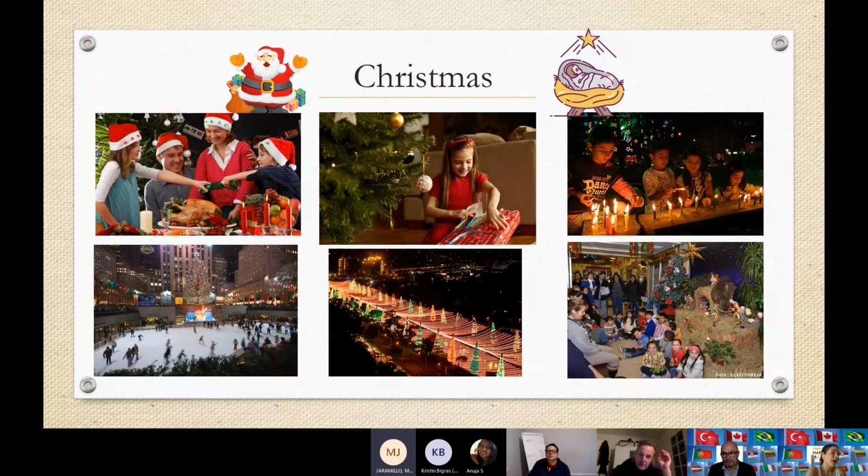But here, what I found is that the celebration is a family celebration, and there's usually cold weather involved. If you're lucky, you have the snow. Lucky for us, because we don't have snow, and we always dream about how a Christmas would be with snow and cold weather. But the basic thing is the same, or the values are the same. It's family being together and celebrating the birth of Jesus, right?